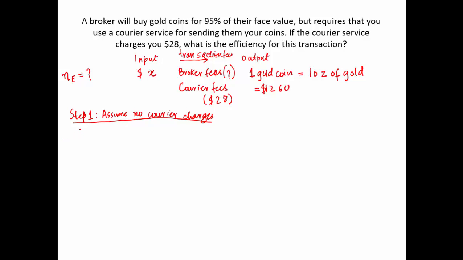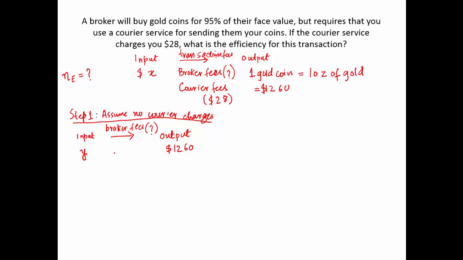So again, let's do this process again. We have our input, we have broker fees, we have our output. Our output is the same, $1,260. Our input in this example, let's call it Y. Our broker fees are actually unknown,